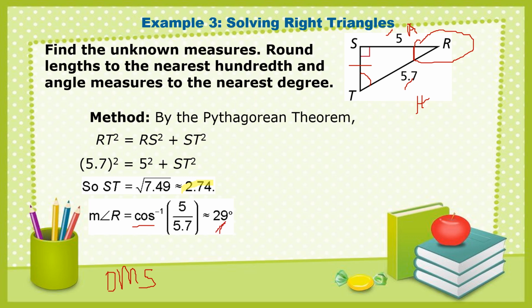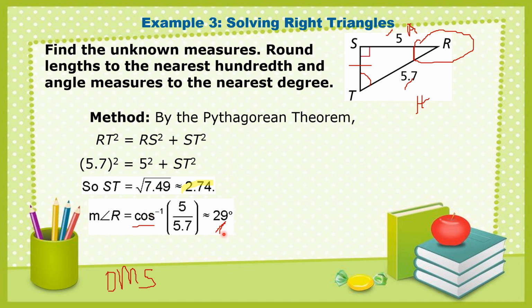Let me repeat, inverse of cosine, because for R, that is AH. What is AH? The definition of cosine. So in order for us to find the measurement of this given angle, we need to get the inverse of cosine. So 5 divided by 5.7 equals, shift cosine equals